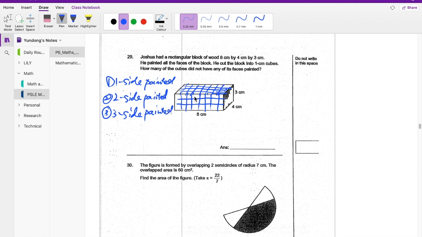This will happen at the corners, right? For each corner here, 4 here, and 4 at this side. So for each cube, you'll paint 3 sides: this side, the front side, and this side, 3 sides. And the last means that